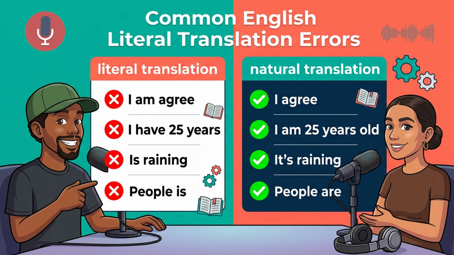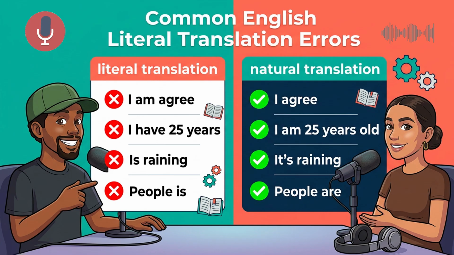Absolutely. Let's do a final review of the core concepts we pulled from our ESL sources today, just to lock them in. First, we learned that the word agree is a verb. It is an action you take, just like running or jumping. Because it is an action, you never mix it with the state of being. Right. You never say, I am agree. You simply do the action. I agree.